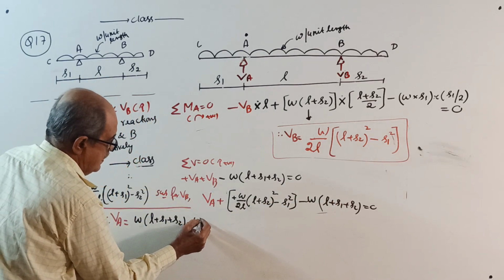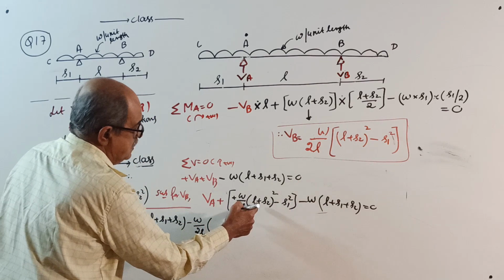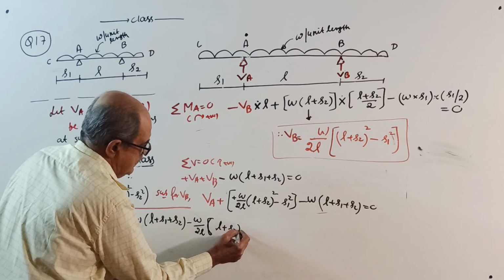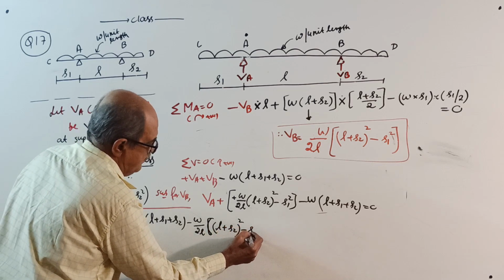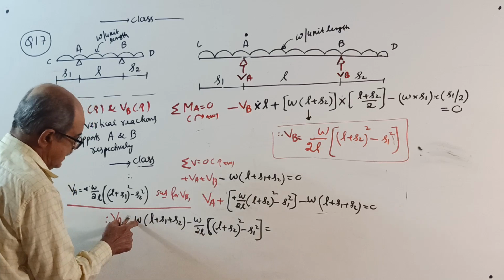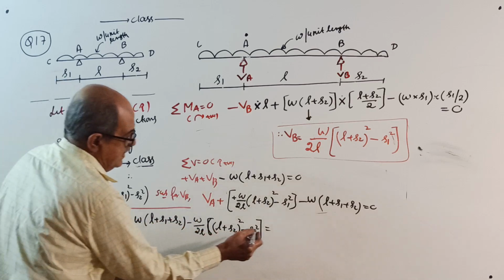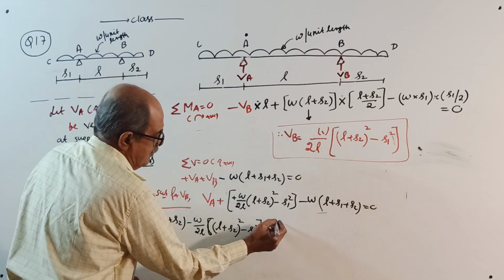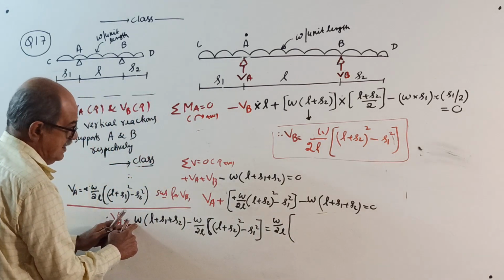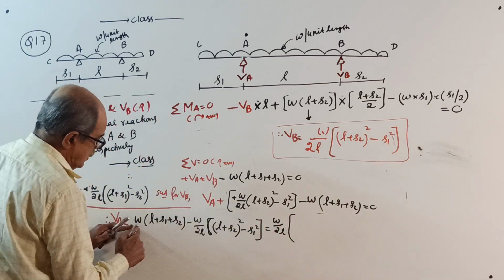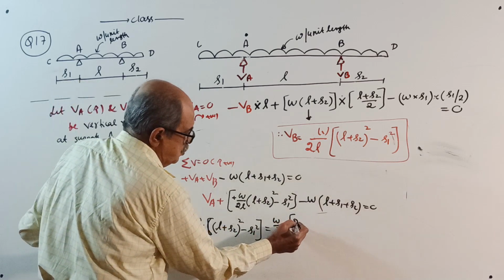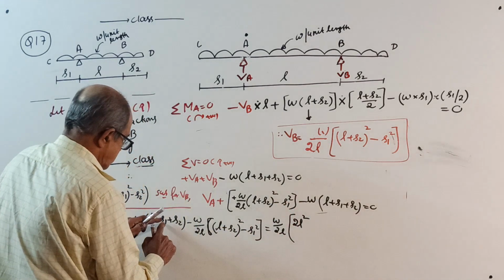minus W by 2L into bracket (L plus S2) whole square minus S1 square. Equal to, see, W by 2L, only W here, take W by 2L outside, because you want the answer in W by 2L format. W by 2L times, so only W is there, we are taking W by 2L outside, multiply this by 2L, 2L into L, 2L square, high school mathematics, plus